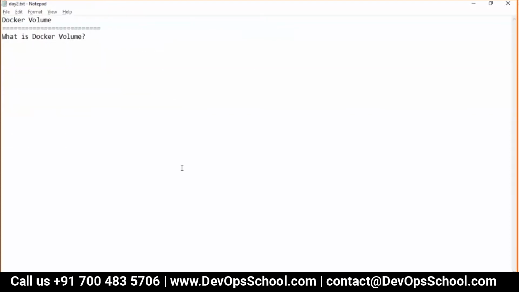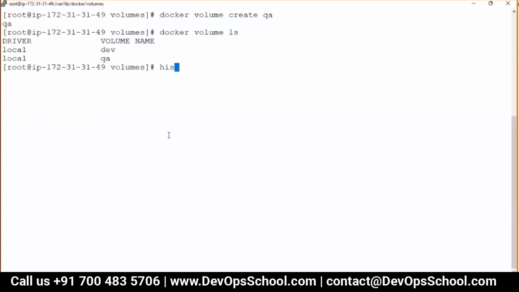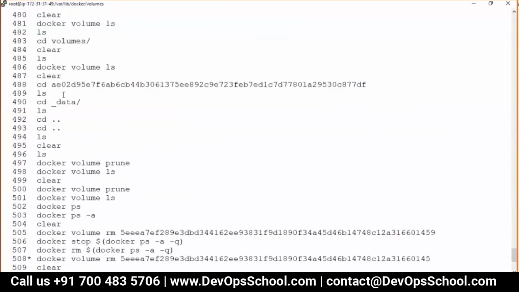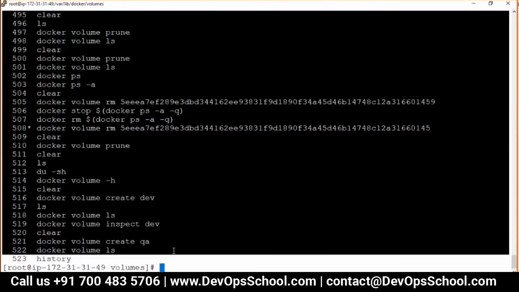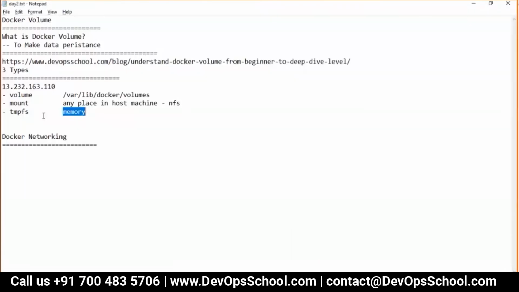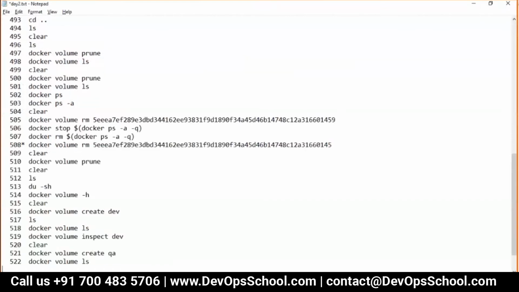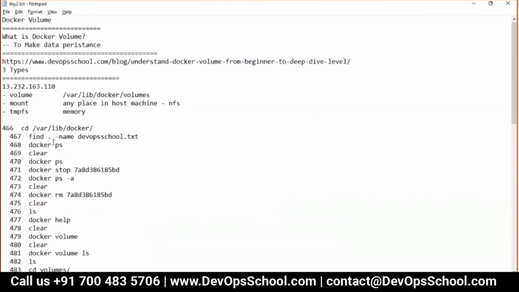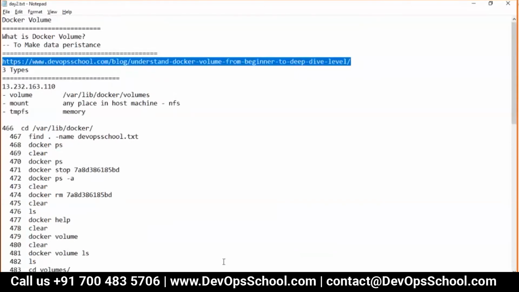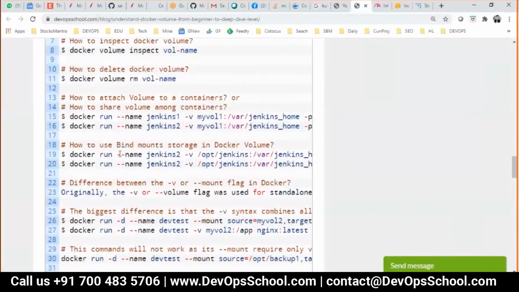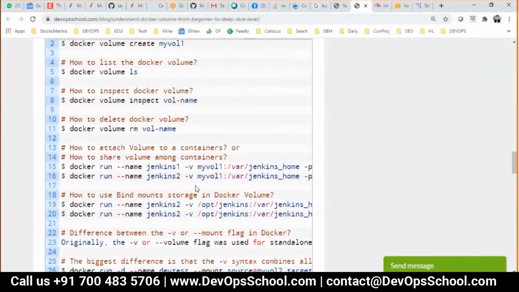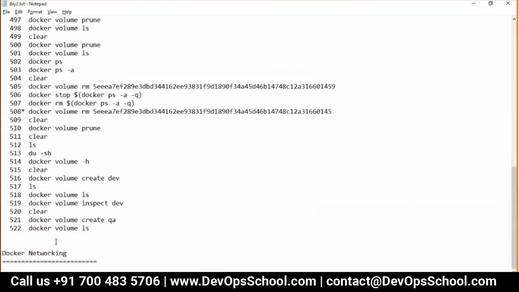So these are the commands which I ran in order to play with the volumes. You can check it out also during the lab, not now, during the lab. So very simple commands. You also have these commands mentioned in here somewhere. Go down, see here, all these commands. Okay, so now the question is, how do we use this?